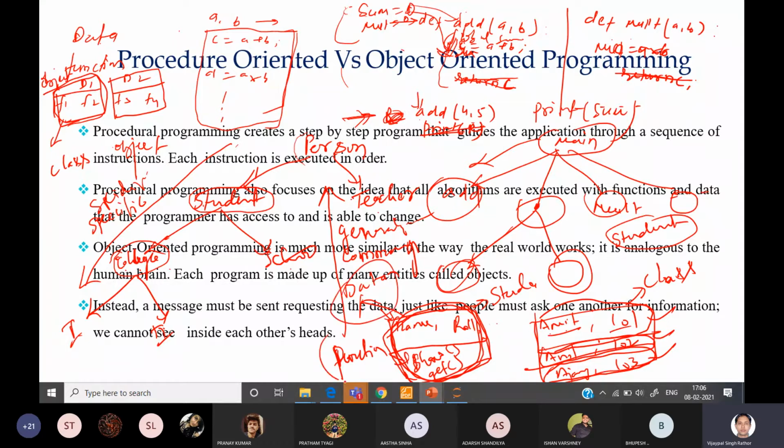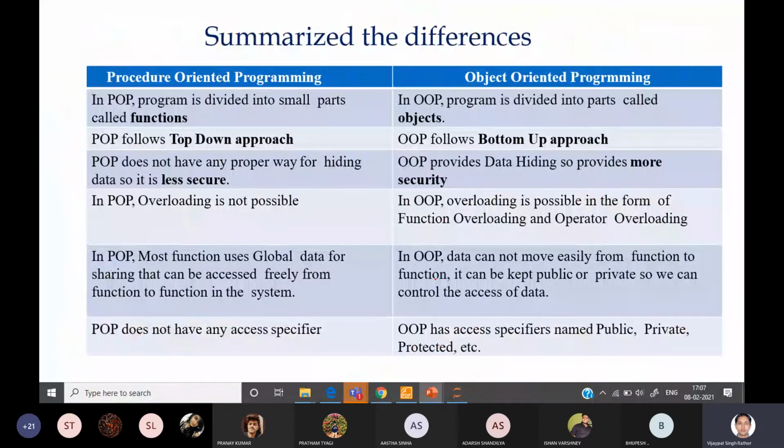So in the programming we are showing behavior as a function, and attributes or features or properties as data members. So object oriented programming is mostly mapped with real life or real world work. It is similar to the real world. So how can we do it in the actual implementation of this object in programming? In order to do the exact implementation, we need to create a class, then we have to utilize it.